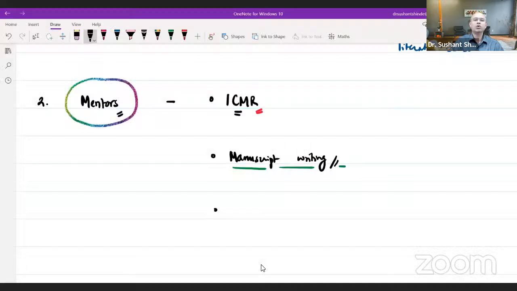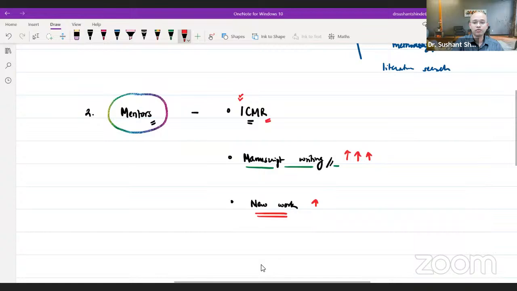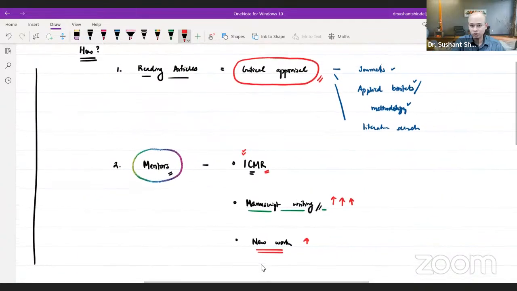And of course, the third one is what I think a lot of students do. They go and ask them, are there opportunities for new work, right? But I'm going to tell you a reason why many people don't get this new work. One, a lot of new work goes here ICMR के प्रोजेक्ट्स में. तो जो बच जाता है वो रेसिडेंट्स कर रहे हैं, और जो इंटरेस्टेड है वो खुद ही कर देंगे. आपके पास आने के लिए you need to be someone who is trustworthy. I would argue that do this a lot, then you might get this a little, right? बहुत सारा manuscript writing करो लोगों के लिए, you will get opportunities to kind of do your own new research if you want to, right?